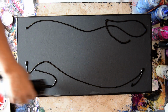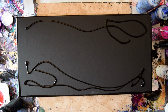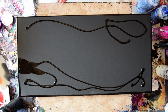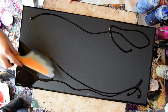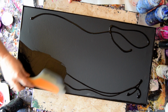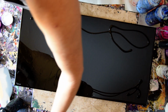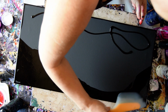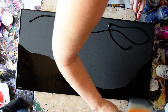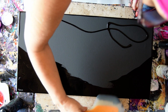Maybe with Dutch pours. I have some leftover paint I was going to use yesterday and it's very, very thin, and I'm thinking that might be a good experiment for me since I'm not really adept at Dutch pours, but I like the accidents that happen when I try and work out things that other people are playing with that they like. Because that teaches me how to do things that I might want to incorporate into my landscapes,